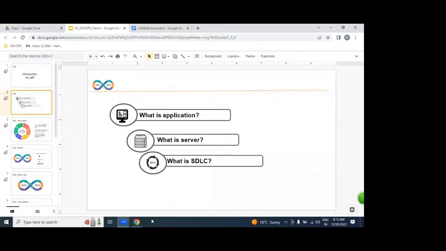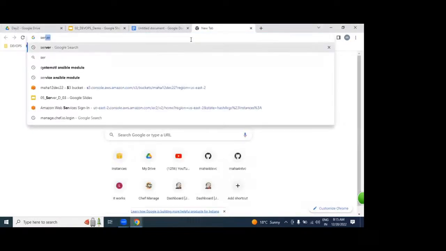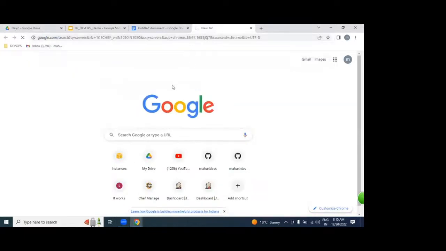What is an application, please? Anybody help me. The working software which is written in any programming language like Java, .NET, Python, we call as an application. That application we are going to place on the server side.